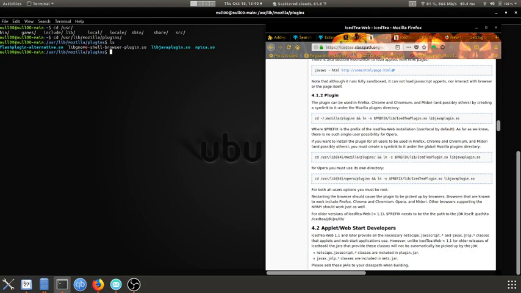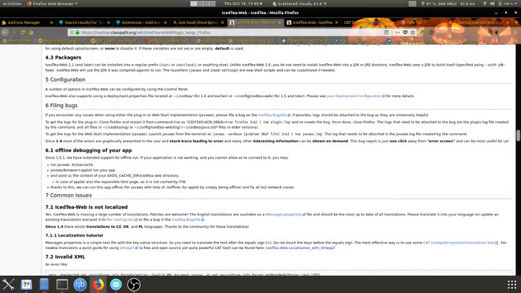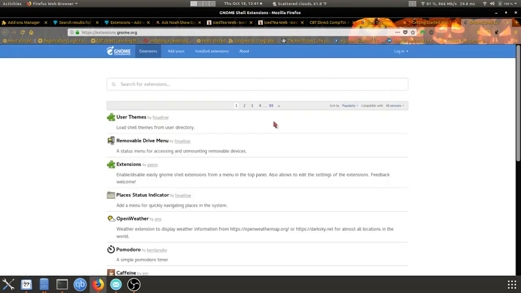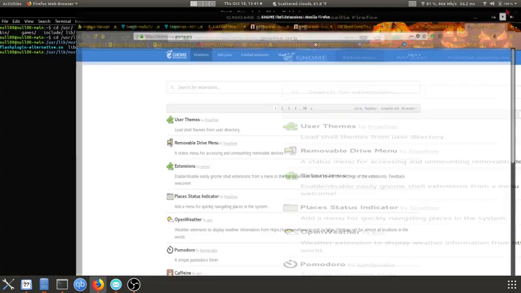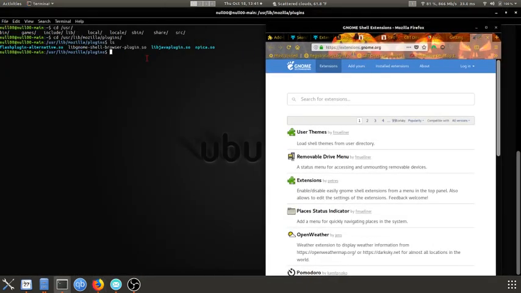I believe this GNOME Shell browser plugin is something that I have set up. I don't think we can see it right here. That's going to let me download GNOME Shell extensions from the web. So I've already set that up. So you can see this